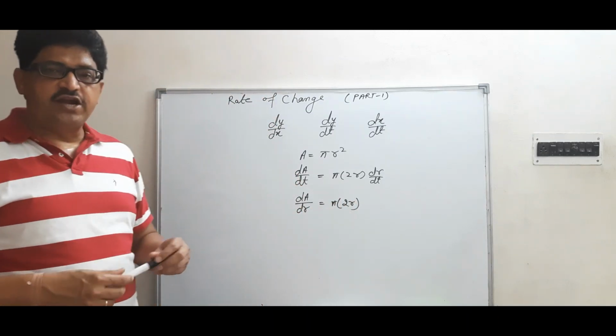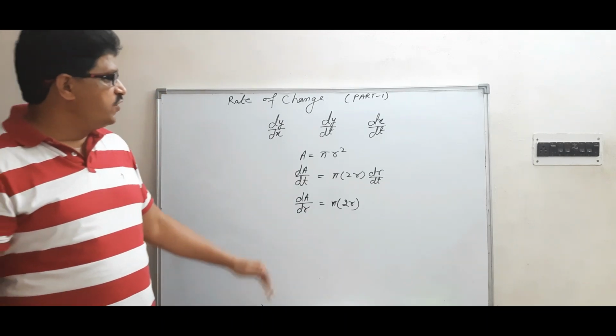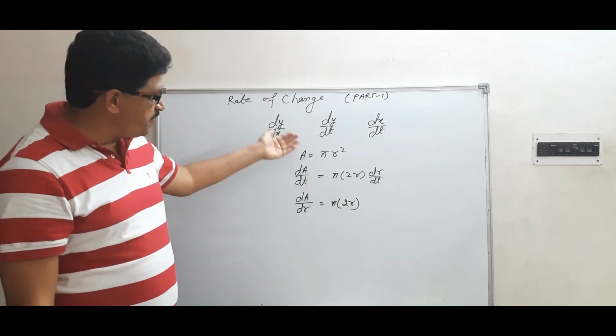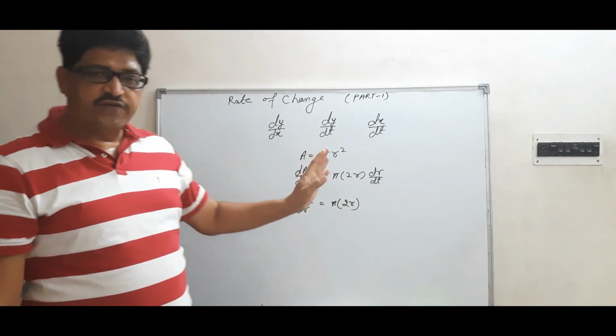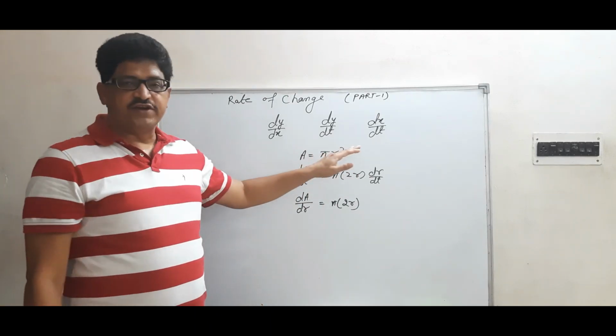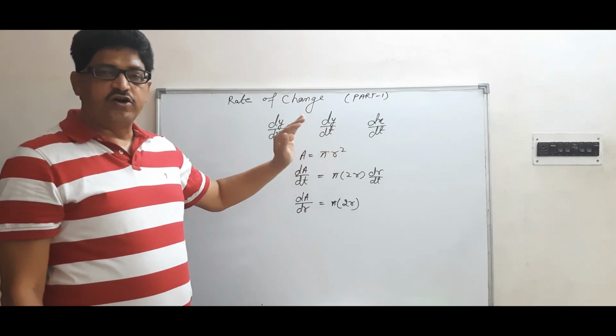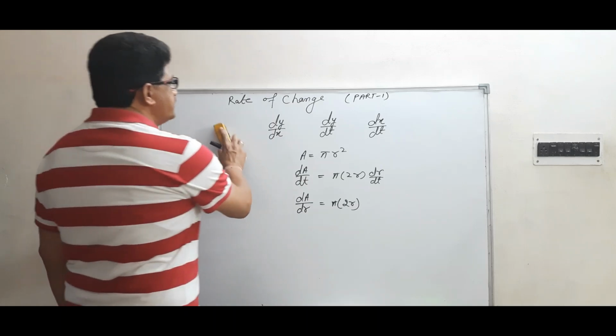So the change depends on with respect to what we are finding the change, and it will depend on that whether dA upon dr will come or dA upon dt will come. There is no new formula in this, you only have to find the change by using the given relation or already defined relations. See exercise 6.1.